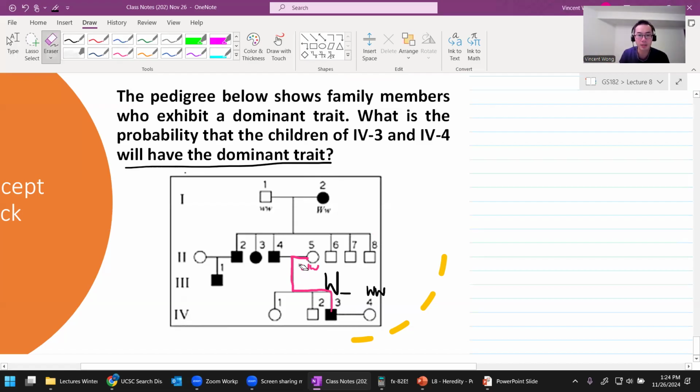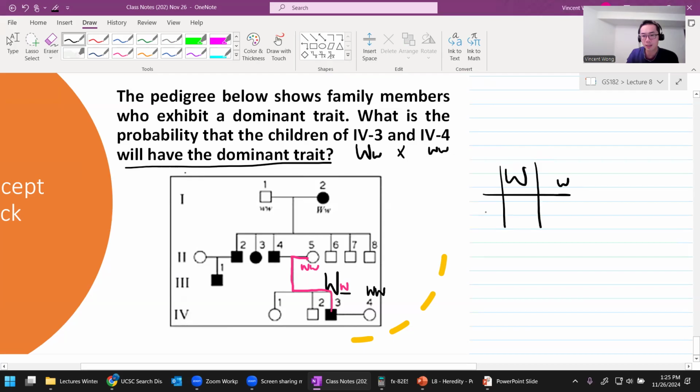So if the mother is small w, then this person will definitely inherit a small w from his mother. And so we know 4-3 is going to be hybrid and 4-4 is going to be pure and not have the trait. And we want to look at their kids,